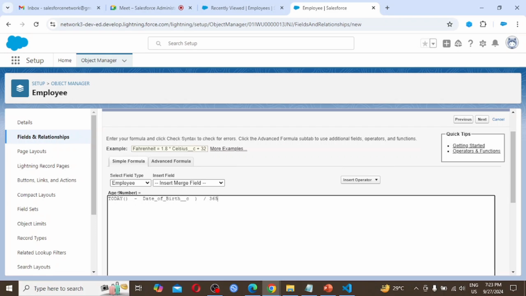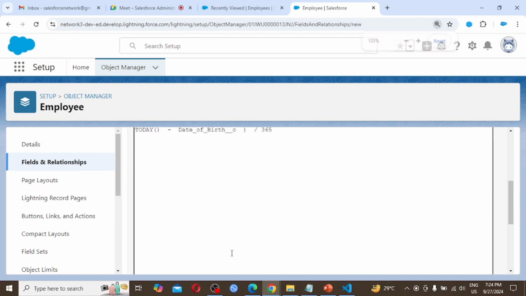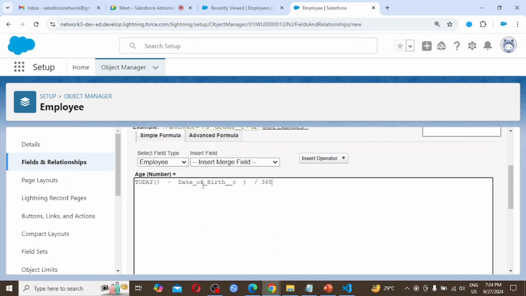So age equals today, meaning today's date, subtracted by, and it will be in this format only: TODAY all in capital, then opening small bracket and closing small bracket, then a space, subtract, again a space, then the field name. Maybe some people are taking date of birth as DOB double underscore c.